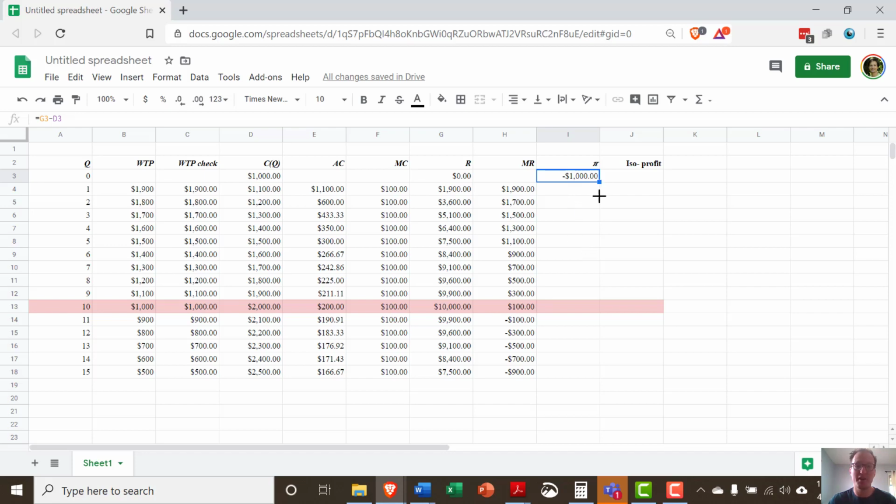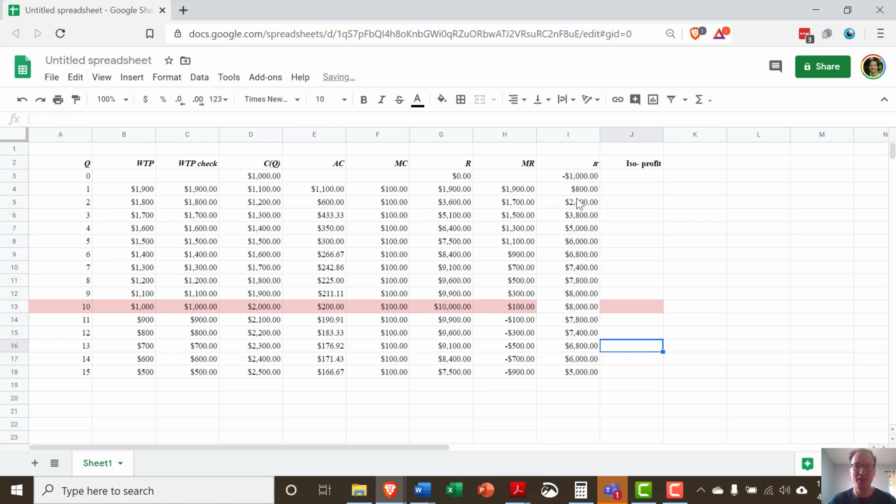But as it increases production, its profit of selling even just one unit for $1,900 would earn them $800 in profit, and so on. Here we see profits continuing to go up as they sell. The lower the price, the more customers they sell to, until we get to 9 or 10 iWidgets. And here you see profits maximized at 9 or 10. We're going to assume here that 10 is in fact the correct answer.